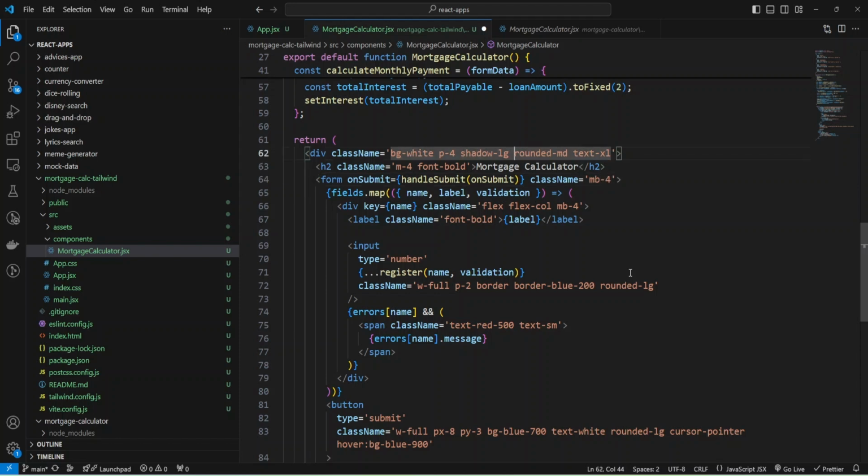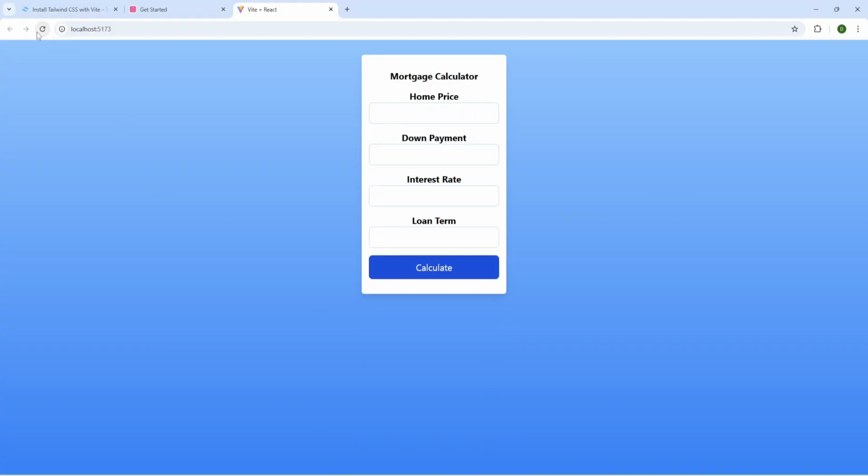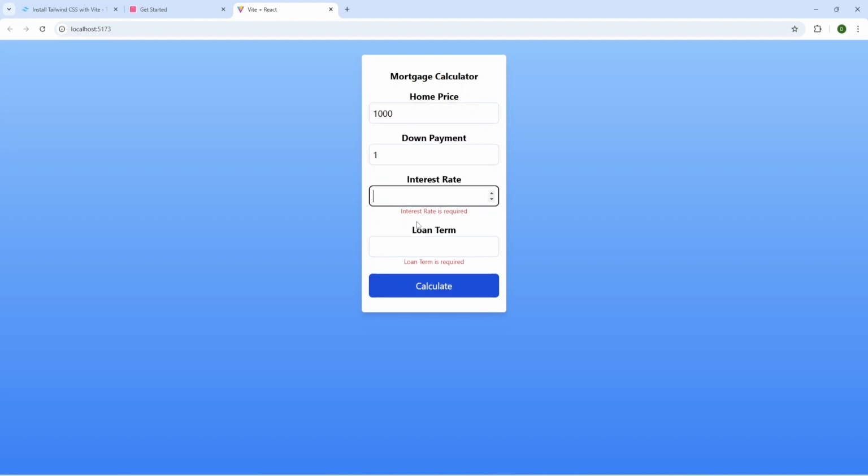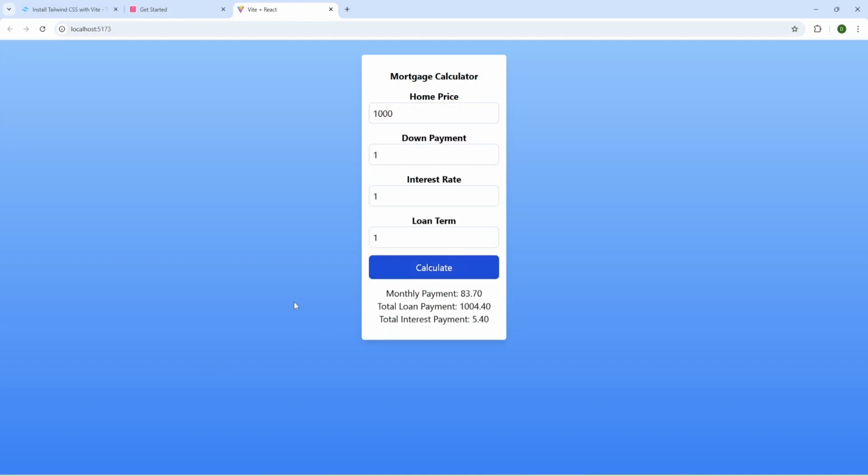And I would like to increase width for my div, for my container, and provide min width and apply 20 rem. And let's also set max width and apply 80 rem. And let's check what I have. And we have margin. Let me provide values and calculate. And we have margin here.